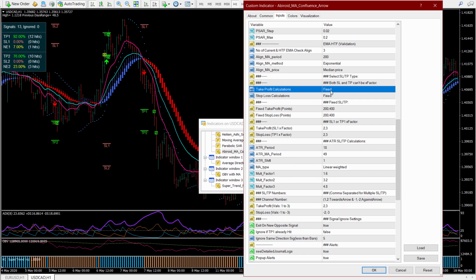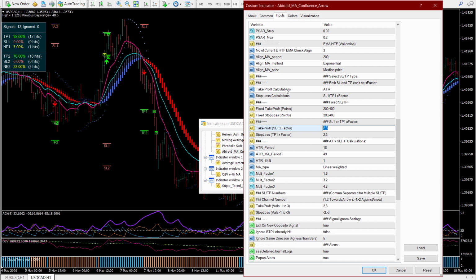And the other setting, which is an even better setting, is stop loss and take profit multiplier factor. In this case, take profit will now depend on stop loss, and if we have it the other way around, like take profit is ATR and stop loss is, then stop loss will depend on take profit, and you can set the multiplier values right here.